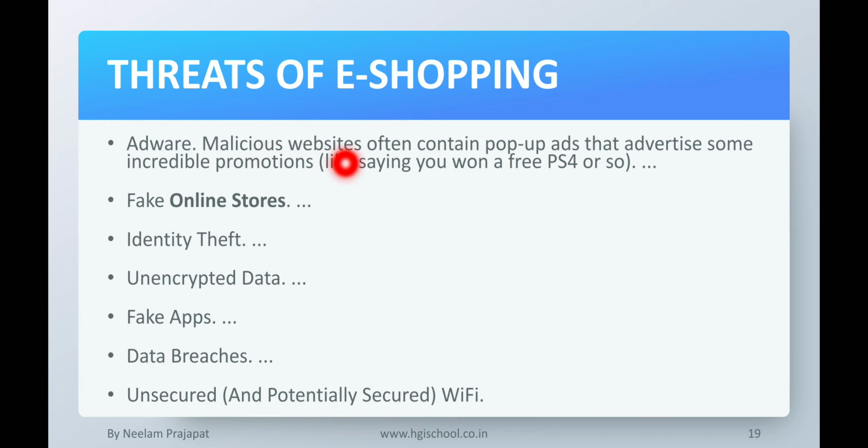So malicious websites often contain pop-up ads that advertise some incredible promotions. Okay, like you might have won something for free, etc., and then after that you will follow the link and will go to a fraud website. Okay, so there can be fake online stores also.